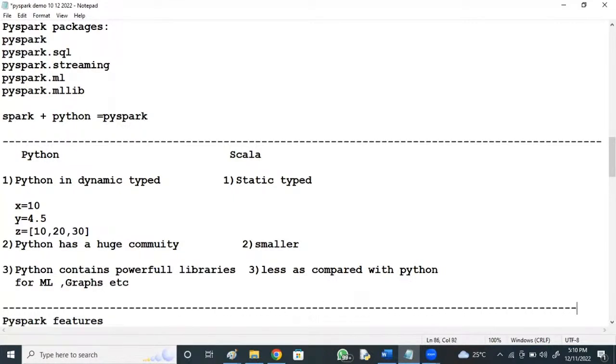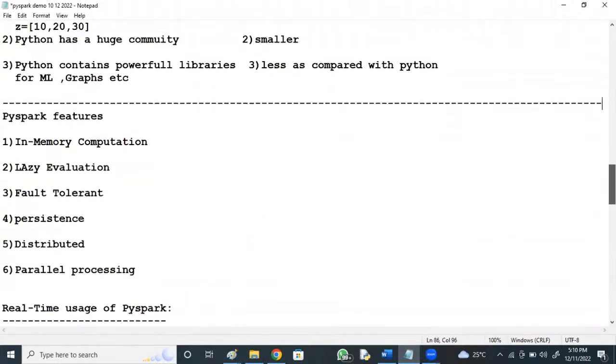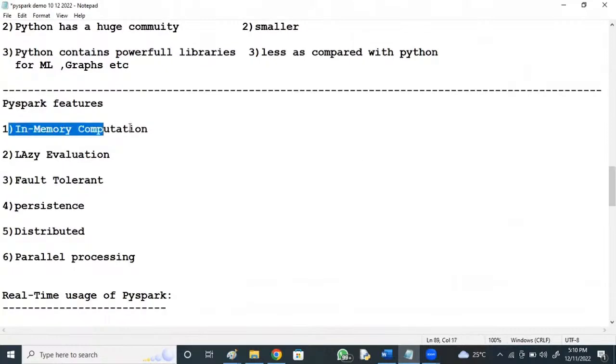If you talk about the main PySpark features, one is in-memory computation. Within the memory level, we can load and process the data, that's why we call it in-memory computation. And lazy evaluation.